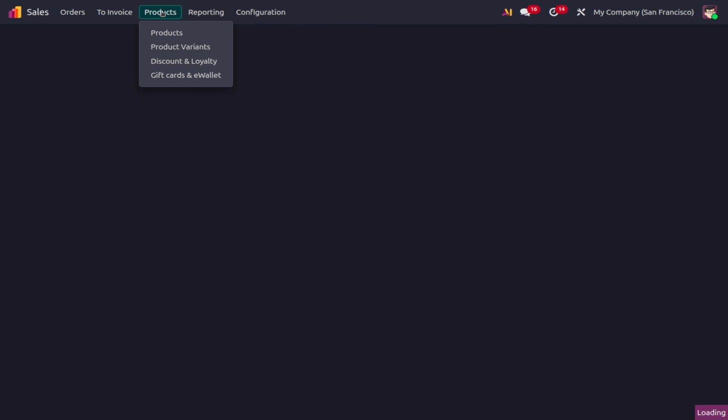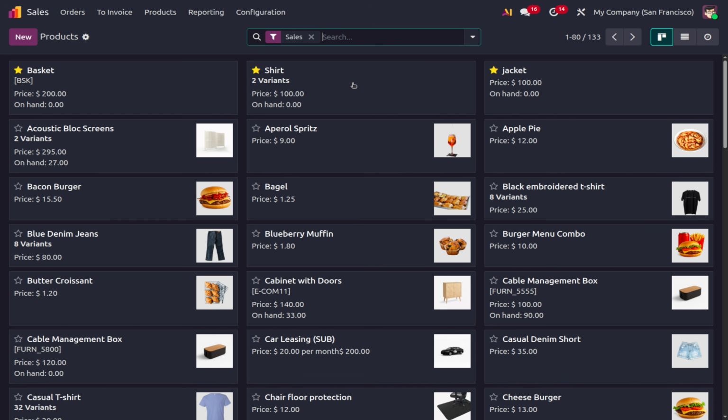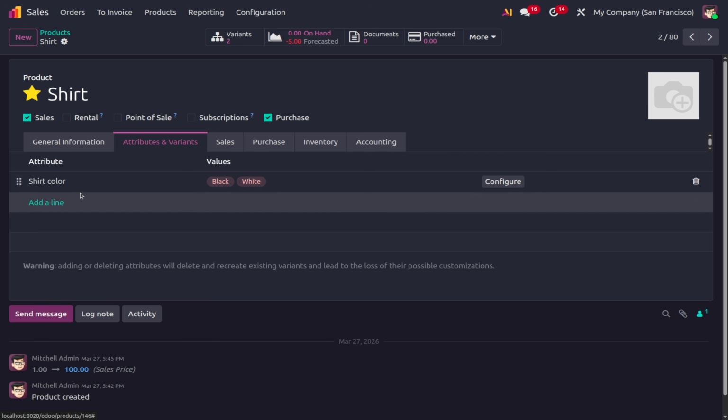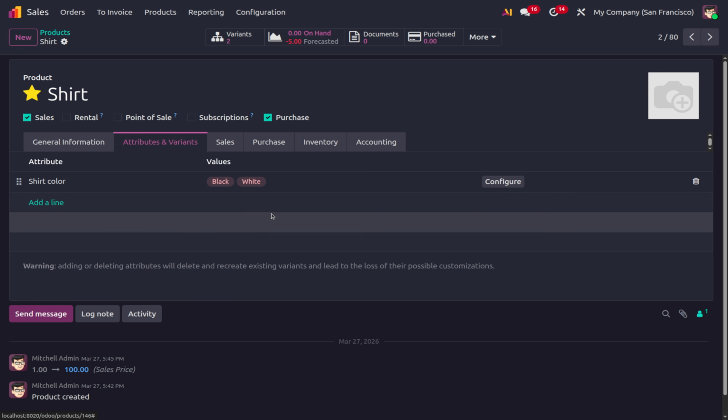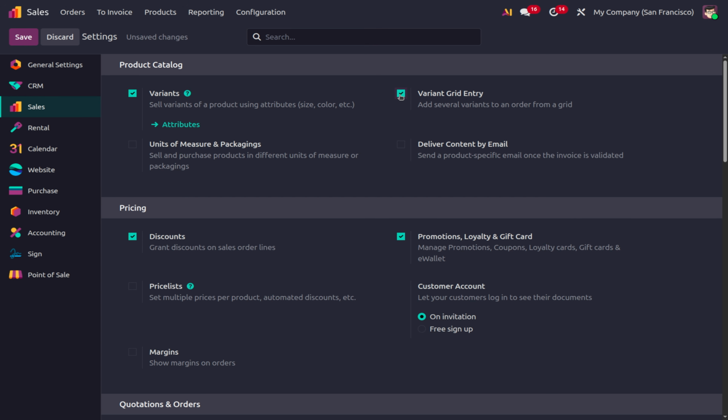Once we move to the product, we can open one of the products which has a variant. I think shirt is here, which we created. And for the product shirt, under the attributes, we can see two different variants where variant values are available. So once we move to the settings and enable this variant grid entry and save it, here, once this variant grid entry option is saved,